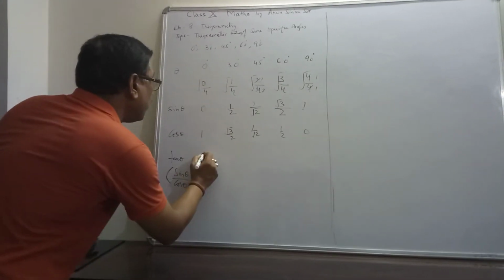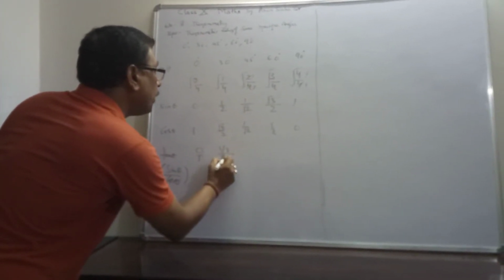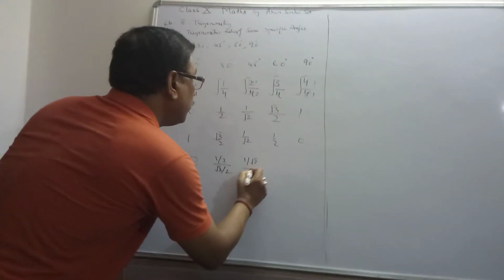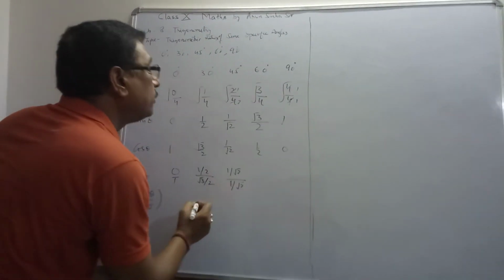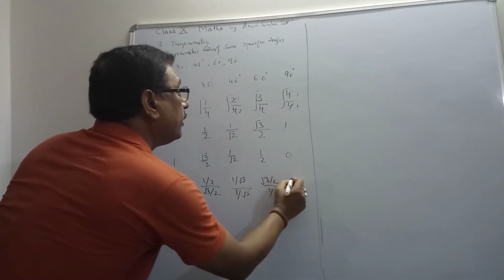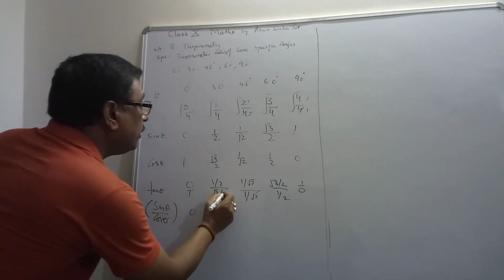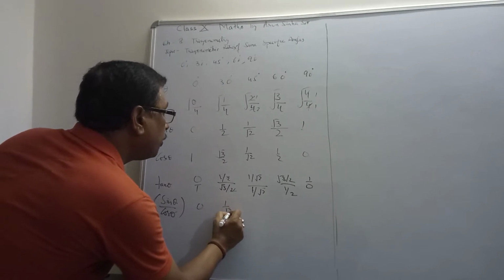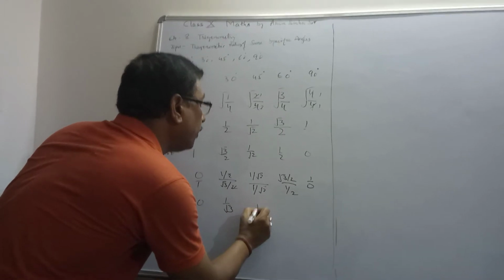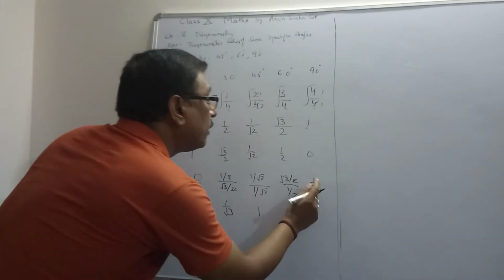Can you see 0 upon 1? This is 1 upon 2 upon root 3 upon 2. You can see 1 upon root 2 and 1 upon root 2. Okay, children? Now you can see this is root 3 upon 2, this is 1 upon 2, and this is 1 upon 0. So 0 upon 1, you know, this is 0. You can see these two cancelled, so you get 1 upon root 3. Since these two values are the same, these two cancel out and you will get 1. Here 2 cancelled, you get root 3 upon 1, that is root 3, and you get 1 by 0.